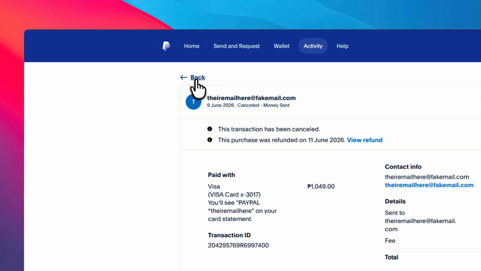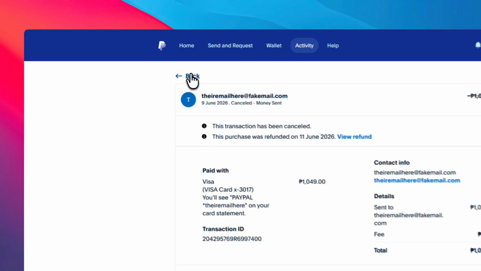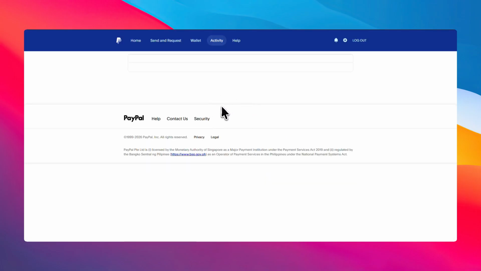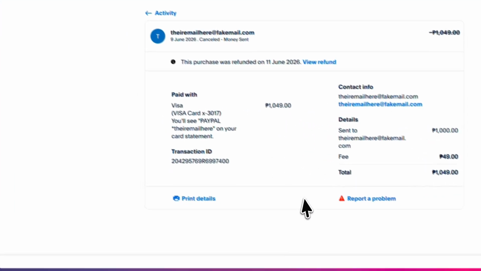That's really all there is to it. The key thing to remember is that this only works for payments that are still marked as unclaimed. If the payment has already been accepted, the cancel option usually won't appear, and you may need to contact the recipient directly to request a refund instead. As a quick tip, always review the payment status before assuming it can be reversed. Looking closely at the transaction details can help